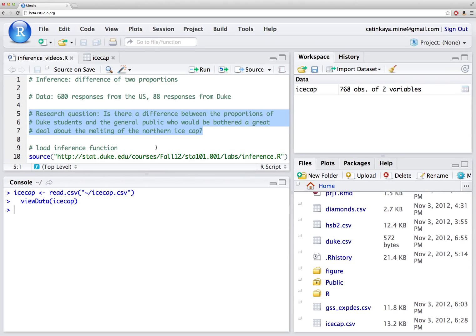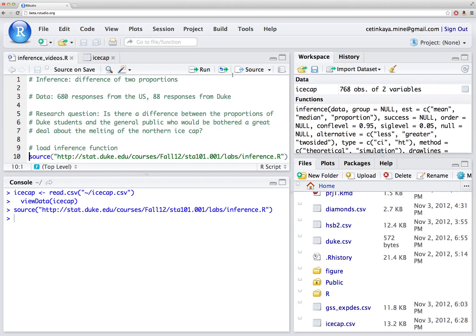So let's take a look at our research question again. We're going to need a hypothesis test to be able to answer this. So let's go ahead and load the inference function in order to be able to do that. Once it's loaded, you're going to be able to see it on your workspace